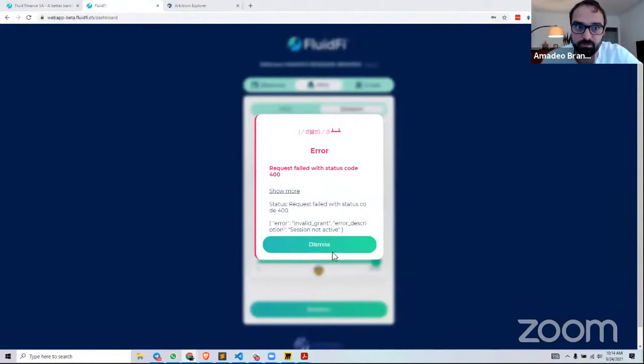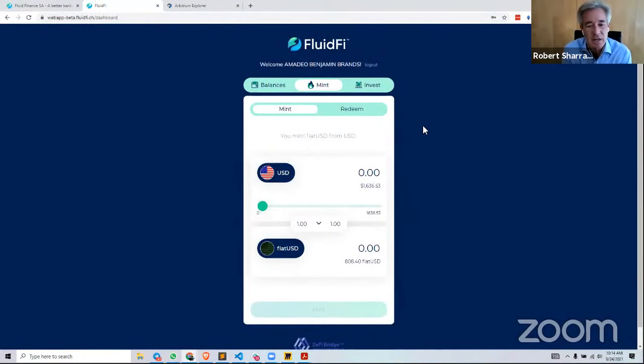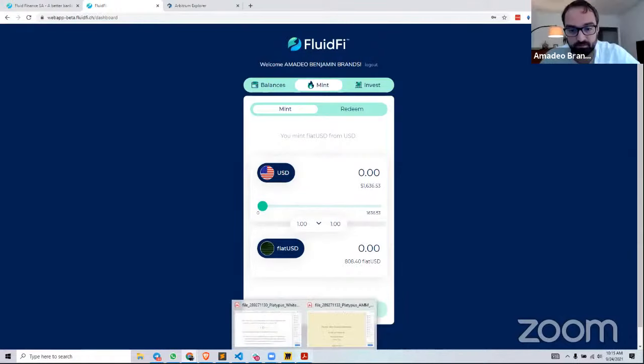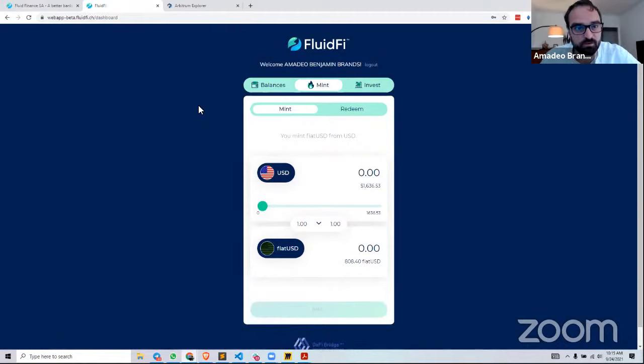I see it's all still in beta. But with the fiat USD smart contracts, we've done it in-house, and we've also had an external company audit it, right? Correct. Yeah, we had an audit, and I'm not sure if I can show that now, but we'll publish the audit soon, probably on our blog.